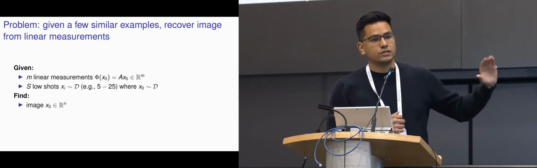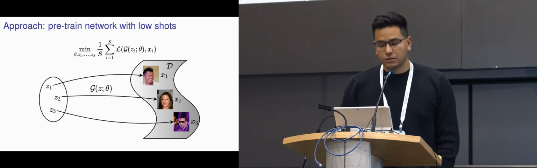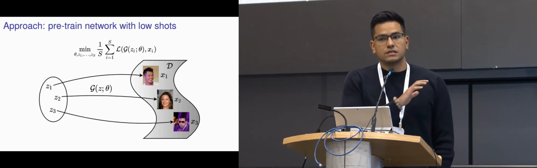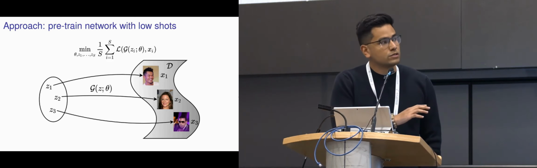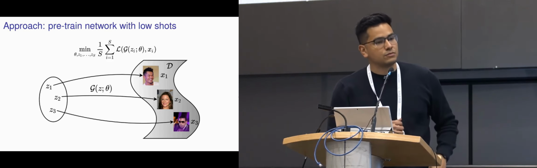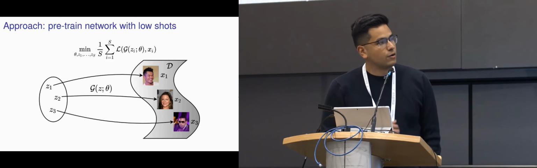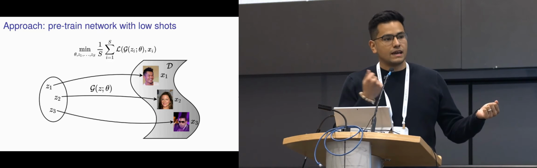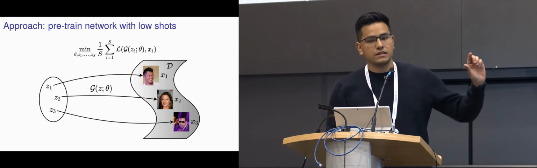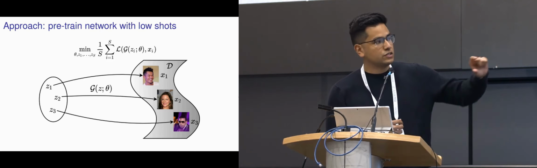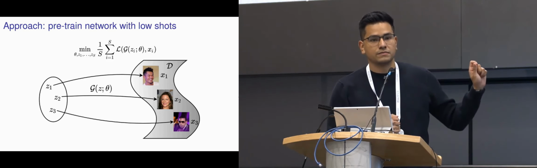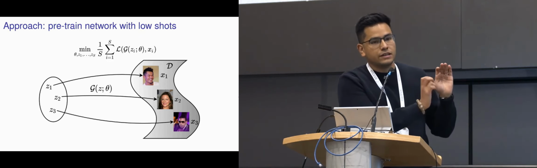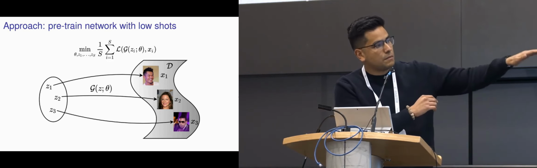All right, so how can we actually try to do this? Our approach is to pre-train a neural network with these few examples. So what we propose to do is to solve this optimization problem that you see on top for some loss function. What this is basically saying is to jointly fit an input space and the weights to fit to each of these few examples that you're given. So each of the examples is going to get its own latent code, and you're trying to essentially organize the input space and find these weights to find this nonlinear mapping between the input space and some part of the data